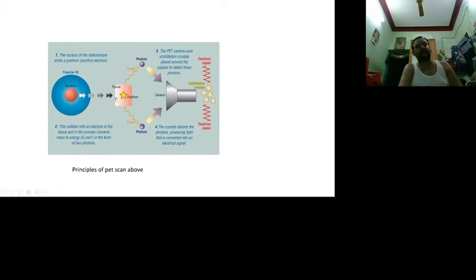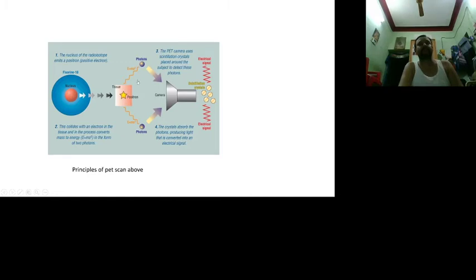Your tissues contain negative beta particles, electrons. The combination of a positron and an electron gives what? Photons of gamma ray. So this positron collides with the electron in the tissues. In the process, it converts the mass to energy to form two photons. So the annihilation of the positron emitted from the F18 nucleus, combined with the electron present in the tissues, gives two photons. So this is the annihilation.